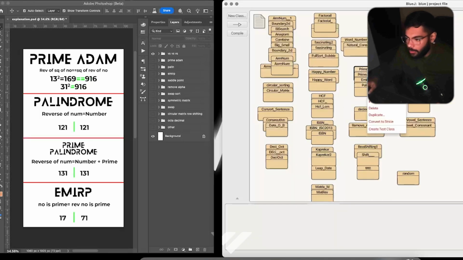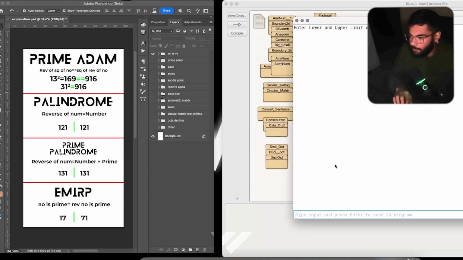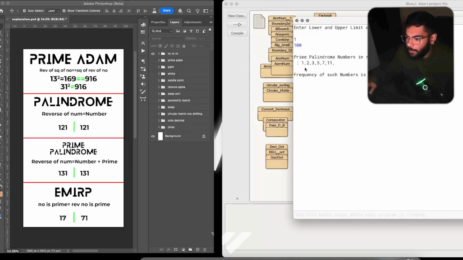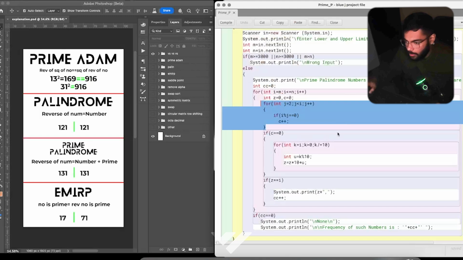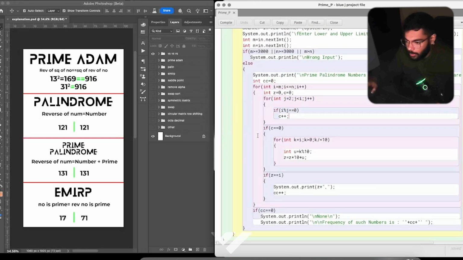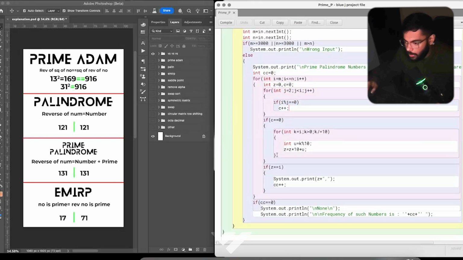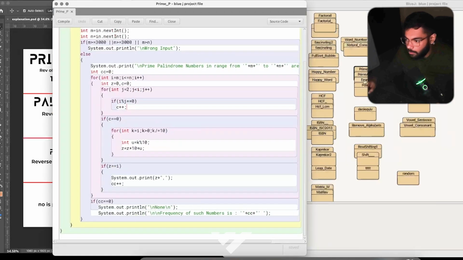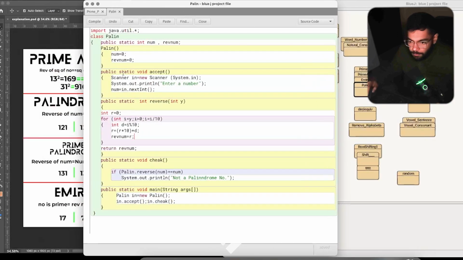Let's check prime palindrome number. Emirp upper limit range, lower limit 1, upper limit 1000. So prime palindrome numbers in range 1 to 100 are 1, 2, 3, 5, 7, 11. Frequency of such numbers is 6. So in the previous one maybe there is an error. Prime palindrome, how we check the palindrome number. So if palindrome number